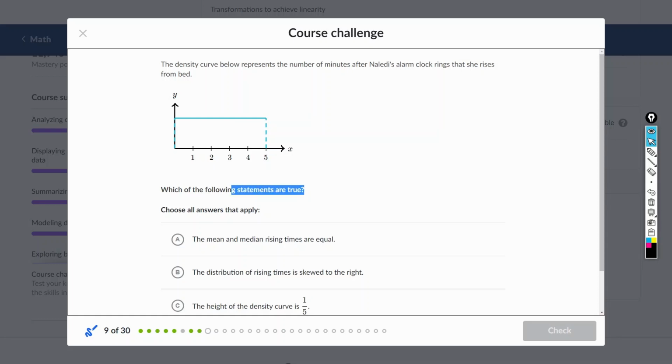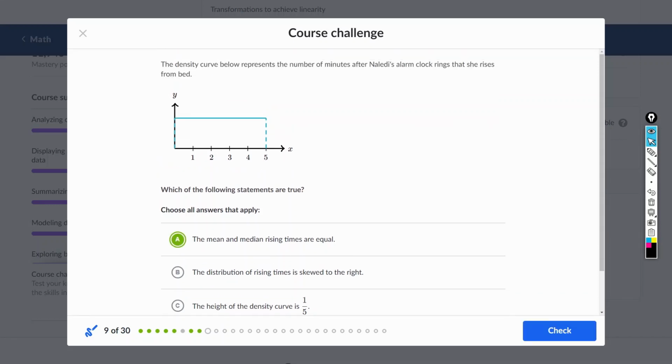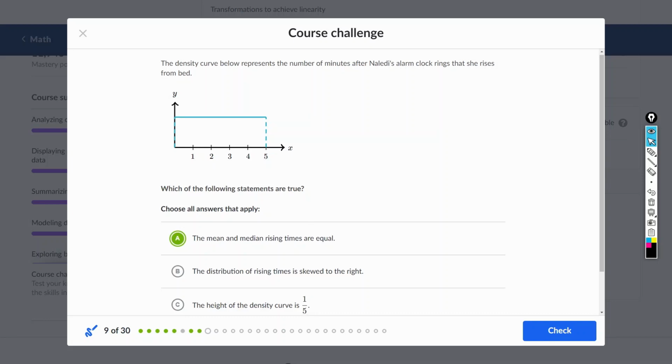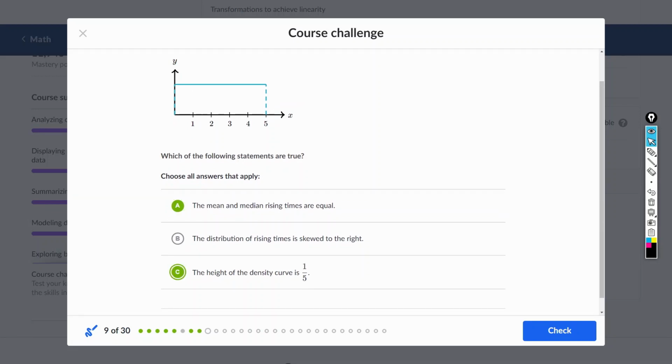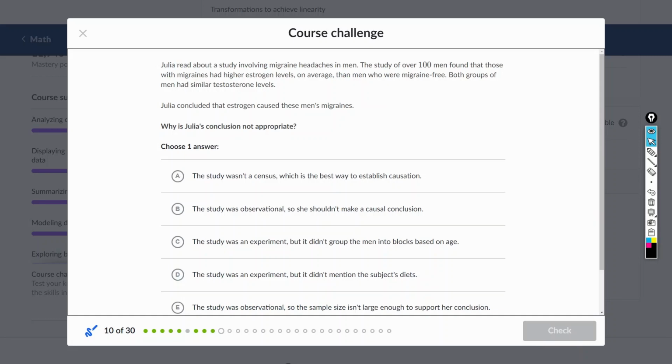Which of the following statements are true? 它可能是1分钟、2分钟、3分钟、4分钟、5分钟起床，概率都是一样的。The median and mean rising time are equal。应该是的，因为它是一个 uniform distribution。The height of the density curve is 1/5。这个也是对的，因为5乘以1/5等于1。The distribution of rising time is skewed to the right。这个没有，那就选这2个。